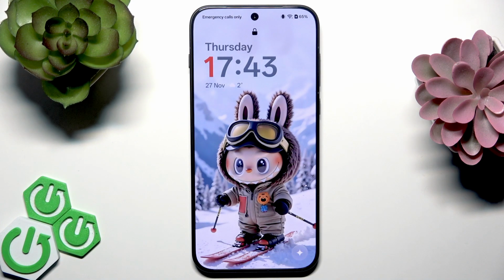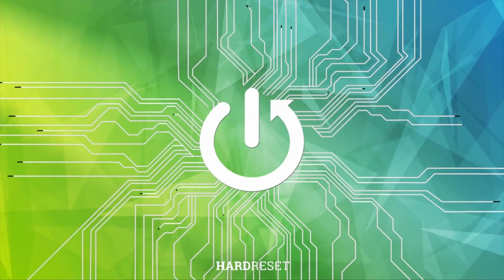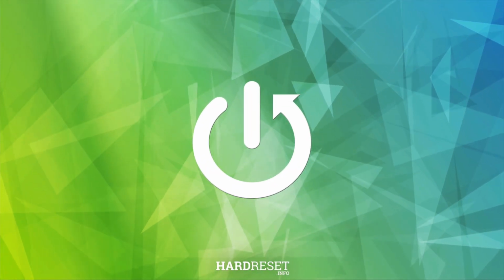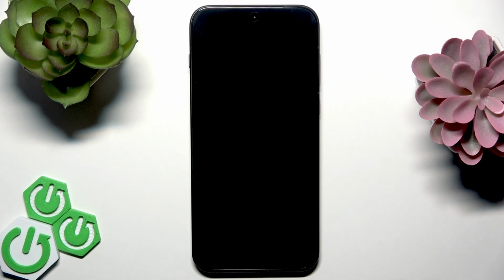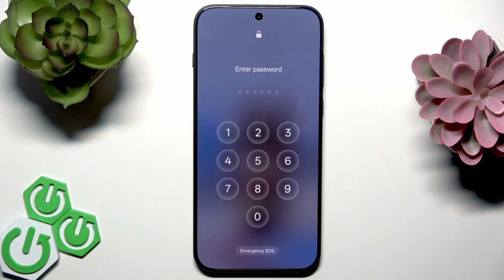Welcome. In this video, I will show you what to do if you cannot access your OnePlus 15 using your device's PIN code. So, if you totally forget your PIN code and you have no idea what it is, then